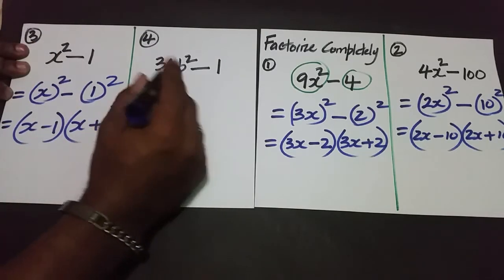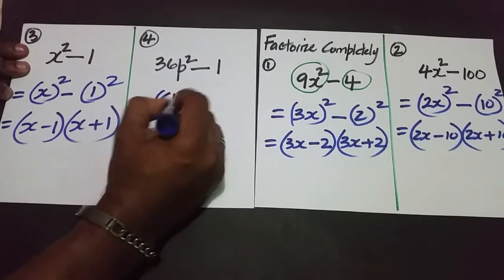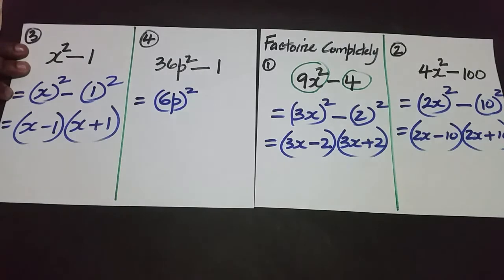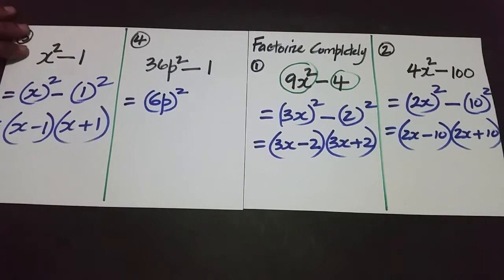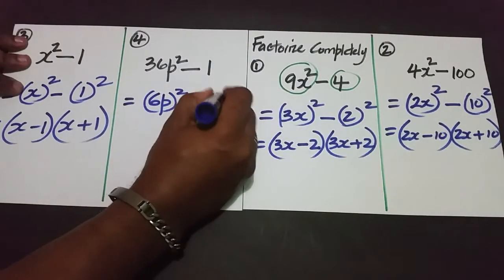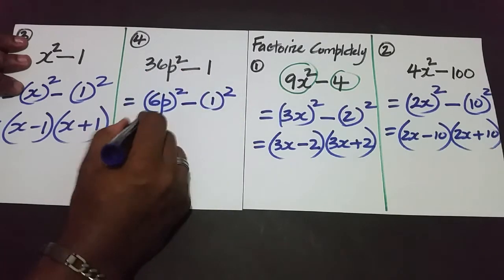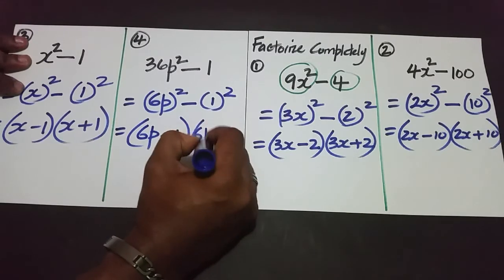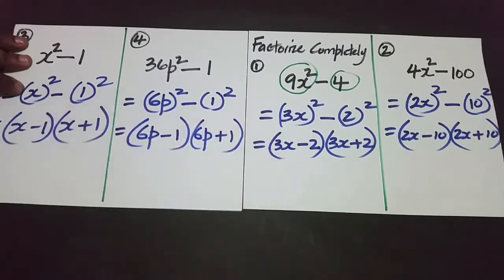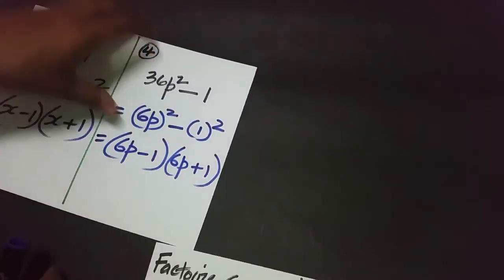So for this one, again, 36p squared is the same as 6p all squared, because 6p all squared means 6p times 6p, which is going to give us 36p squared, and of course minus 1 all squared, the difference of two squares. So it's going to be 6p minus 1 in one bracket and 6p plus 1 in the other bracket. All right, so we're going to look at the last two now